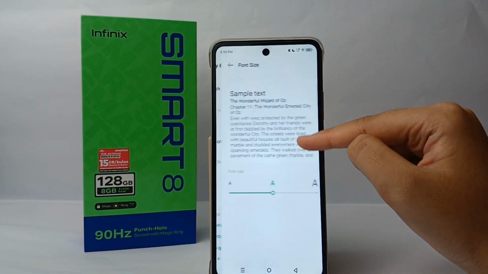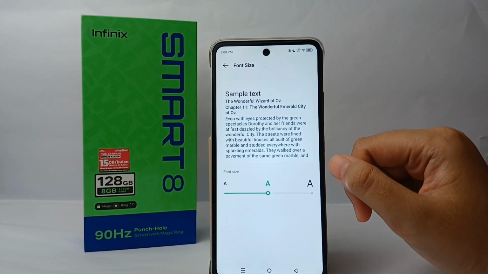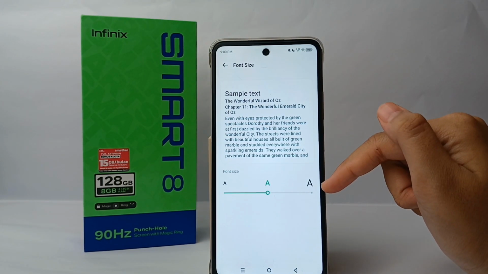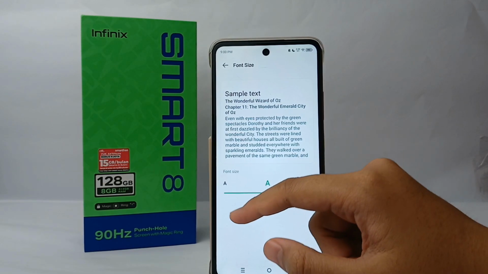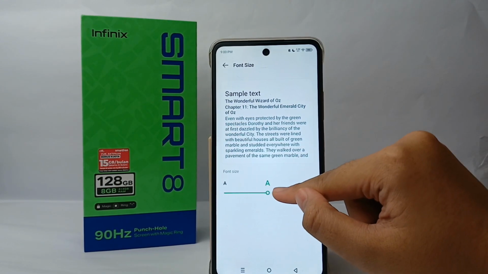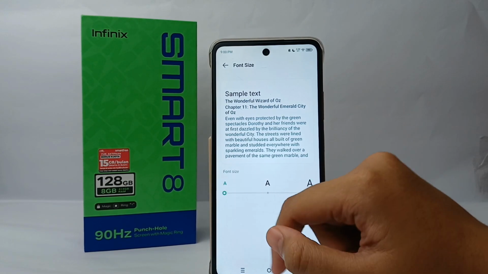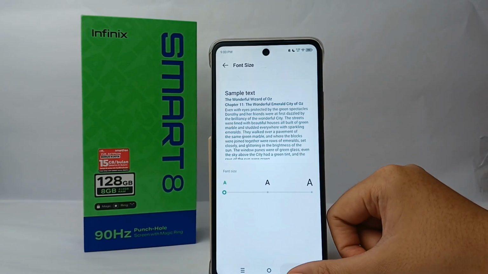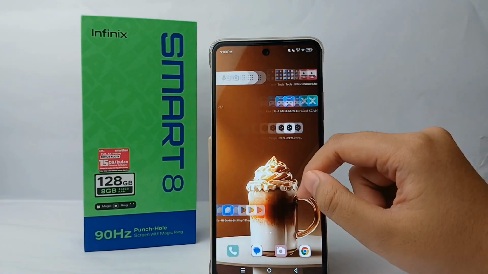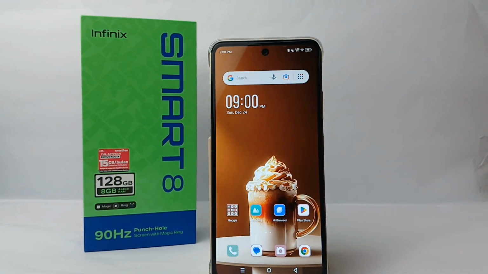So the font size is still the default size, and now you can adjust it to make it smaller or bigger. In this case I will choose smaller than the default, and so yeah, this is the final look. Alright guys, so here's the tutorial on how to adjust font size on Infinix Smart 8, and